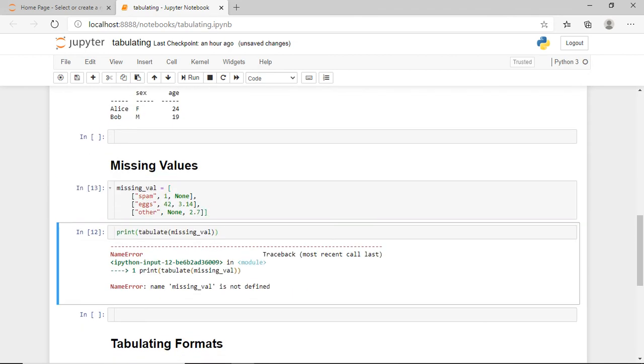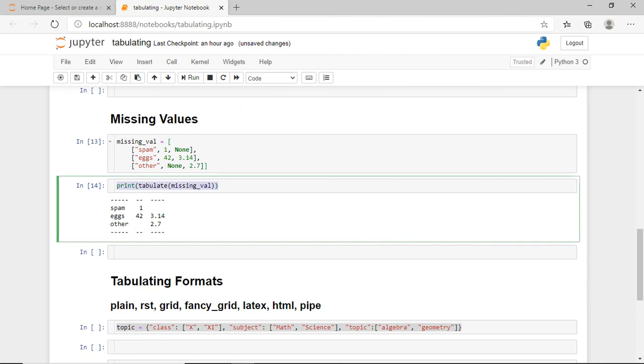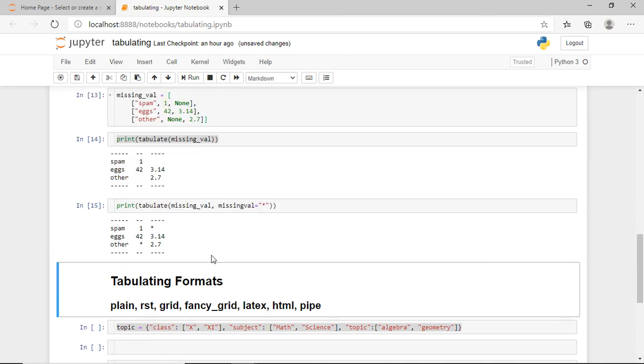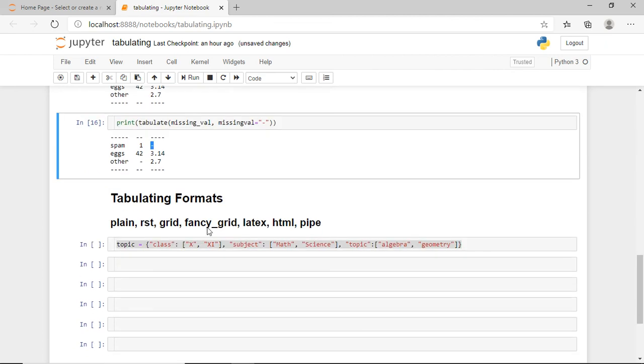When I print, it will show the blank value. Now if I want to display something like an asterisk or hyphen or anything, I can use the parameter missingval. So here it's now showing the asterisk. We can use a hyphen or anything we want to display the null values.